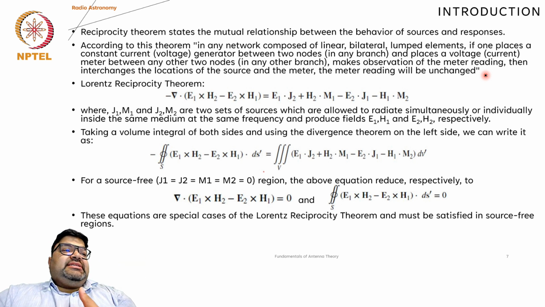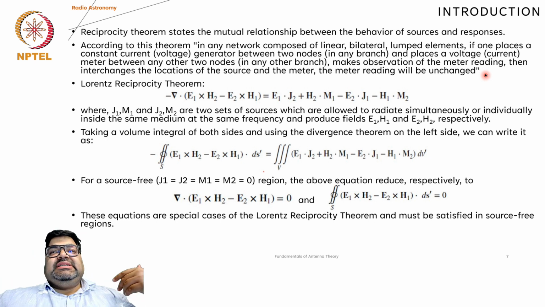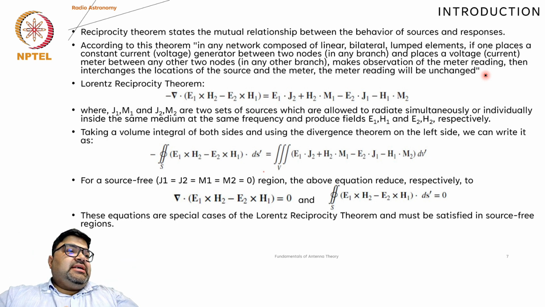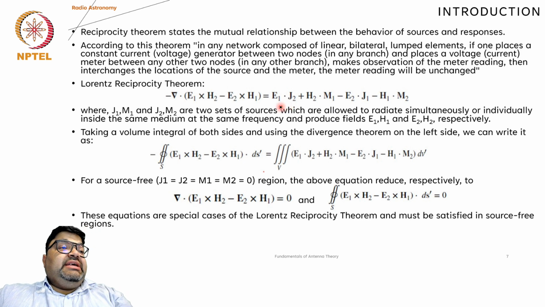We apply it in the sense of the transmitting and receiving antenna properties. We go a little bit more so that we understand a little bit more of the theorem. The Lorentz reciprocity theorem states that the divergence of E1 cross H2 minus E2 cross H1 equals E1 dot J2 plus H2 dot M1 minus E2 dot J1 minus H1 dot M2, where J1, M1 and J2, M2 are the two sets of sources which are allowed to radiate simultaneously individually, taking the same medium and the same frequency, and produce fields E1, H1 and E2, H2